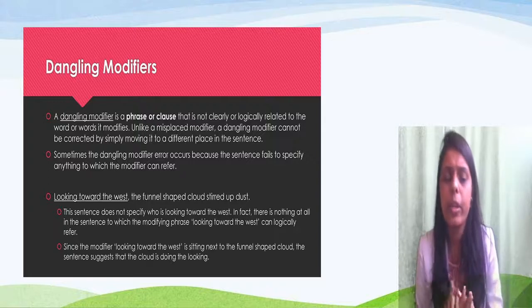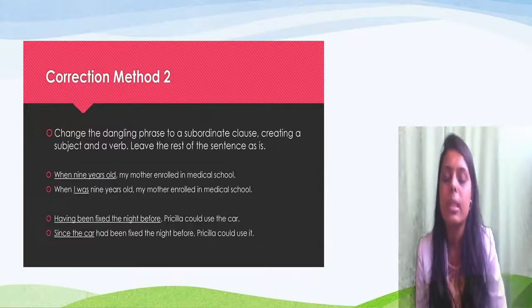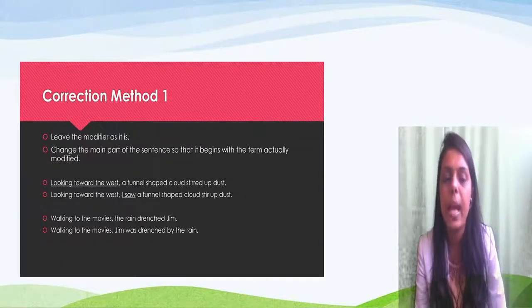So in a dangling modifier, what happens is that you have to add to the sentence to correct it, right? So that's what you need to do to correct dangling modifiers, right? It's the same thing you are doing in the examples also, right? So these were a few examples of